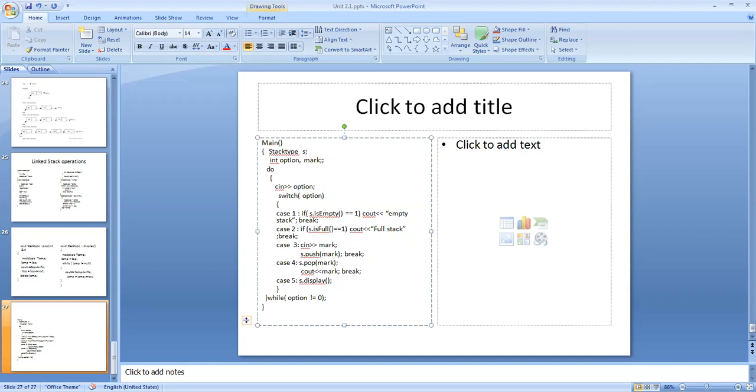Now you get a clear display message whether the stack is full or not.